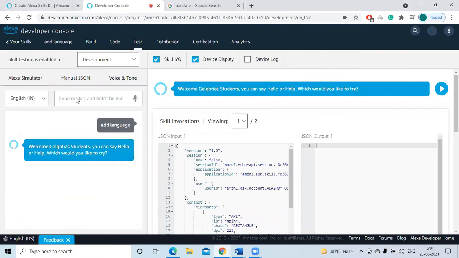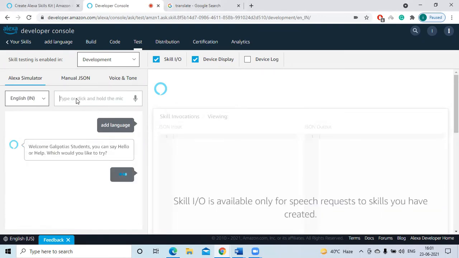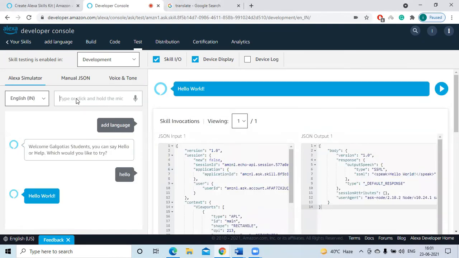Welcome Galgotia students. You can say hello or help. Which would you like to try? So I'm saying hello. It will give the output hello world. Hello world. So I'll change this English to Hindi.